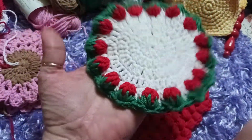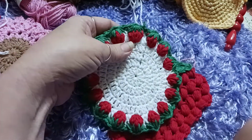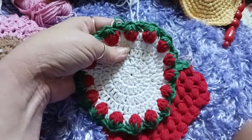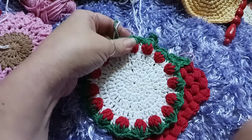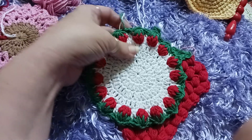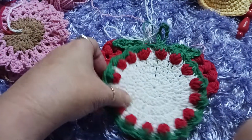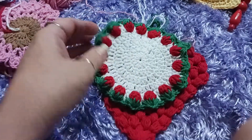But then strawberries. My mom had a little plaque, which I have in my kitchen now. She had a little strawberry plaque in her kitchen ever since I can remember. So I always was fond of strawberries. So I thought,